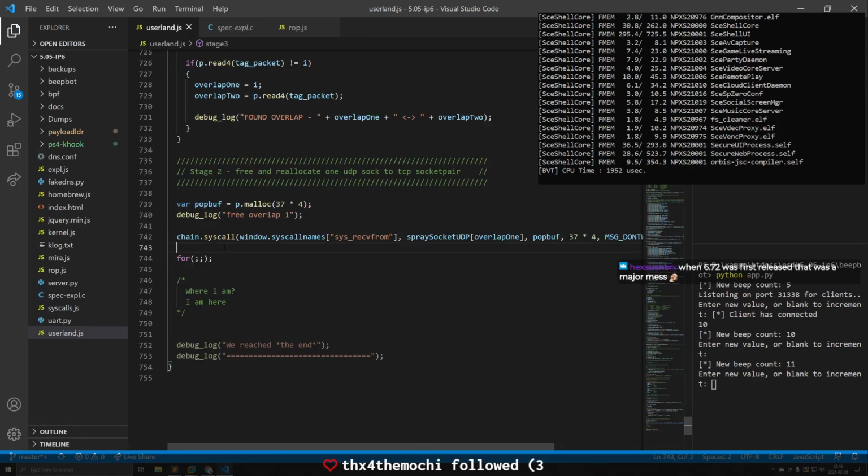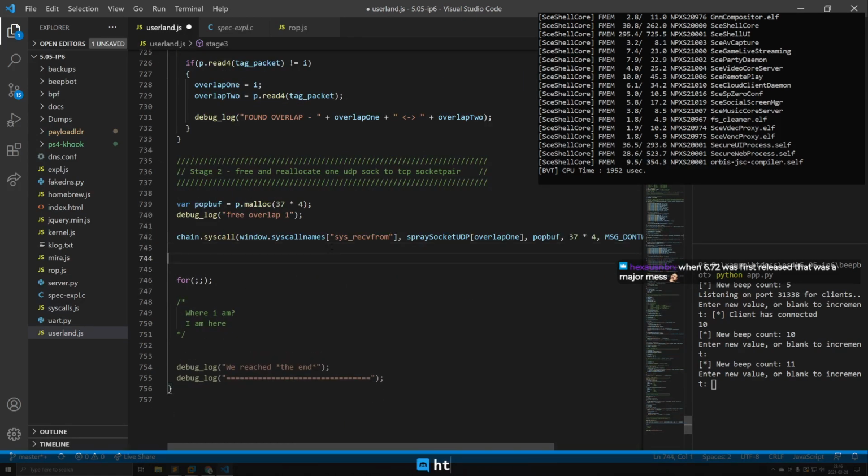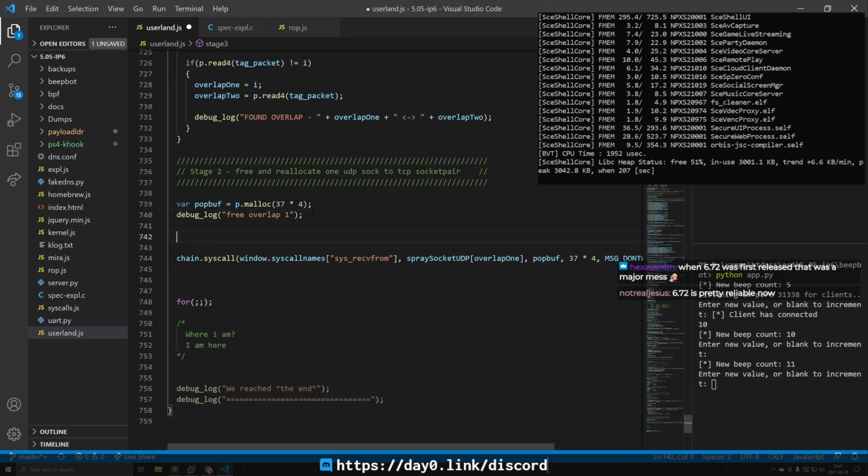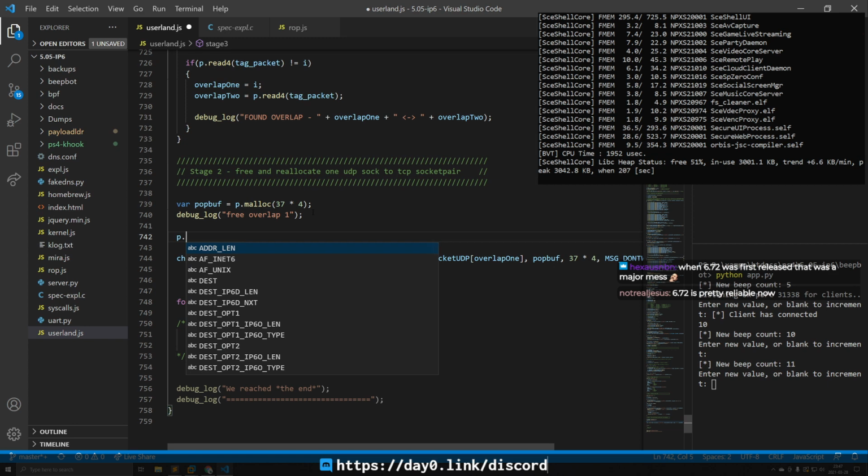So where we want to go from here is we want to spray SCM rights messages into the reclaim, or into the use after free slot. Creating these packets is a real pain, but we'll get it done. It'll be a good idea to create a function to do this, I think. So we'll do